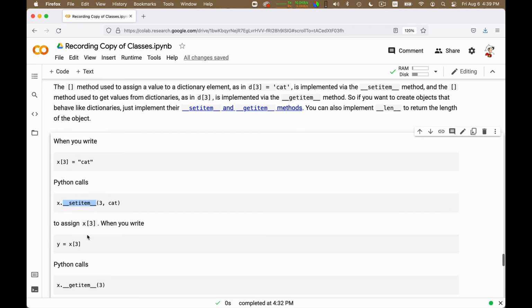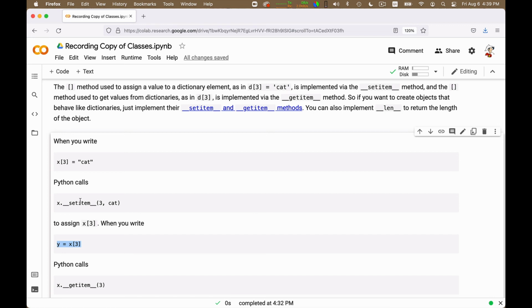And when you write something like y is equal to x of 3, to fish out the value corresponding to the key 3, Python will call x.getItem of 3. So in order to create something that behaves like a dictionary to which you can assign values and look up values in this way, what you need to do is implement the setItem and getItem methods.